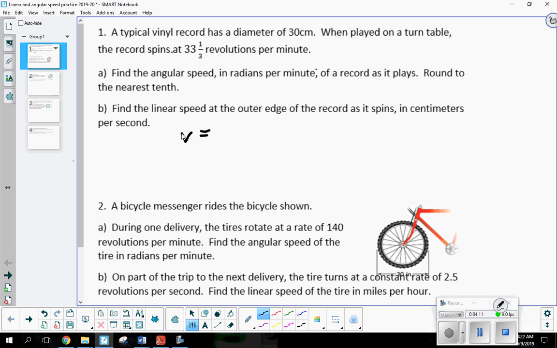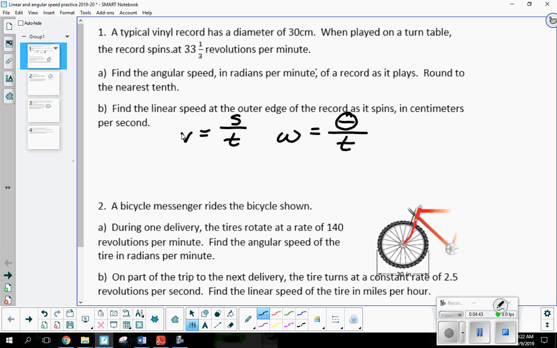The first one I introduced was the distance, the arc length, divided by the time. We used that for a short time, and then we changed it based on angular velocity. So let's talk about angular velocity. What variable do we use for that? Omega, the lowercase Greek letter omega, that's the curvy W right here. To find the angular velocity omega, the formula is the change in theta divided by the change in time.